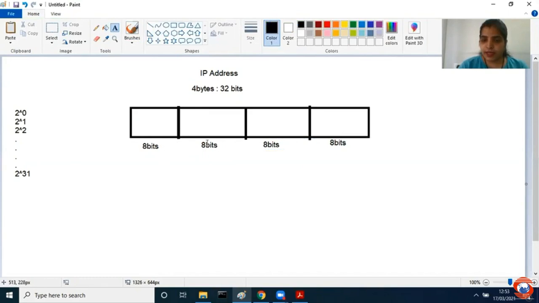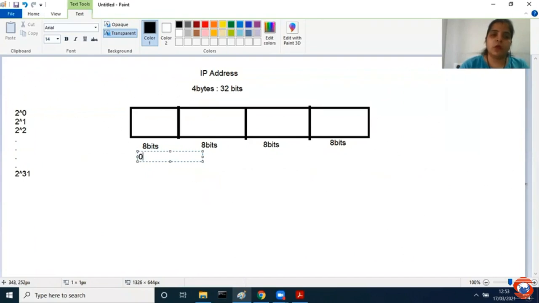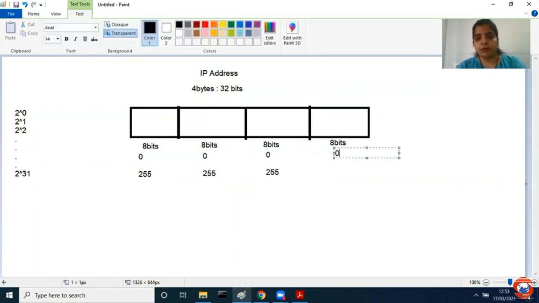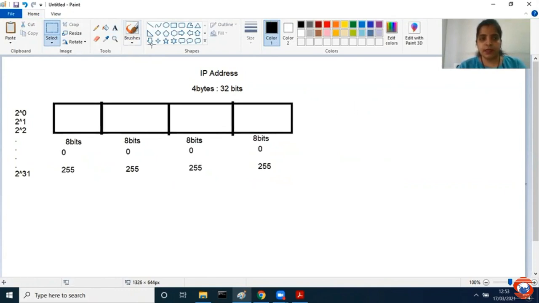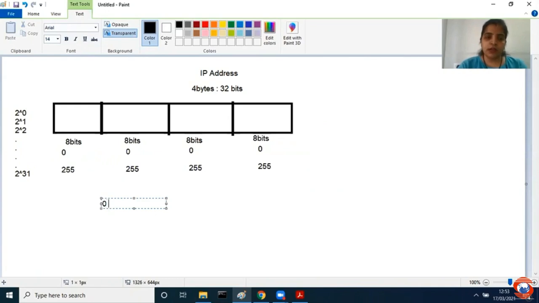Now, when I talk about 8, 8, 8, and 8, it means that in this scenario, the minimum number will be 0 and maximum number will be 255. Here also, minimum number 0 and maximum number 255, and the same for the remaining octets. Do you all agree with this? Everyone. Means, can I say minimum IP address will start from 0, 0, 0, 0 up to 255, 255, 255,